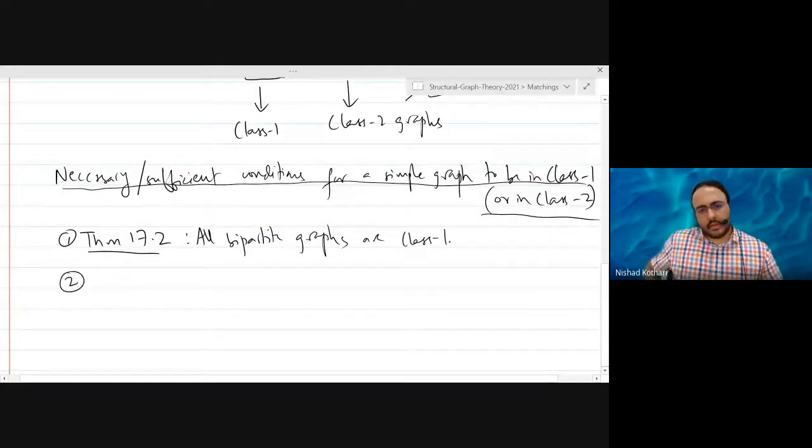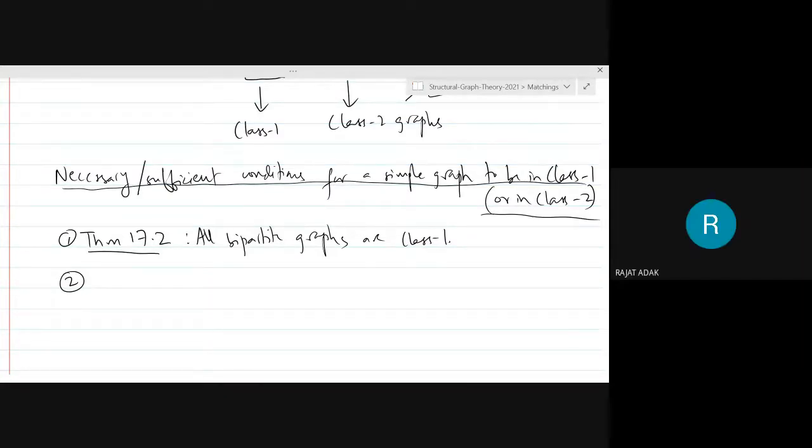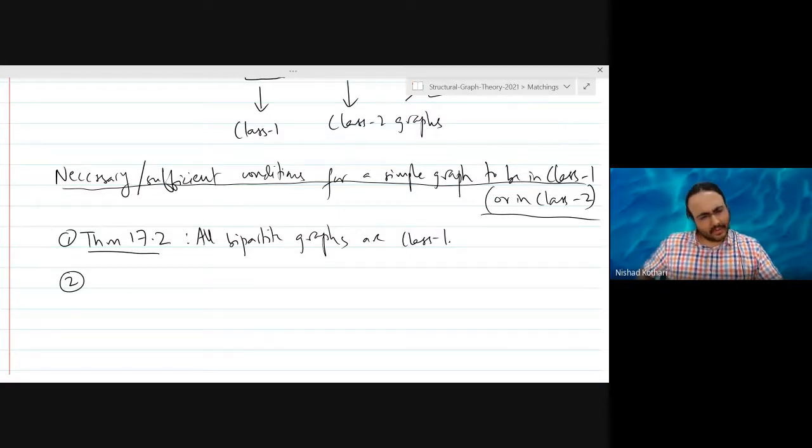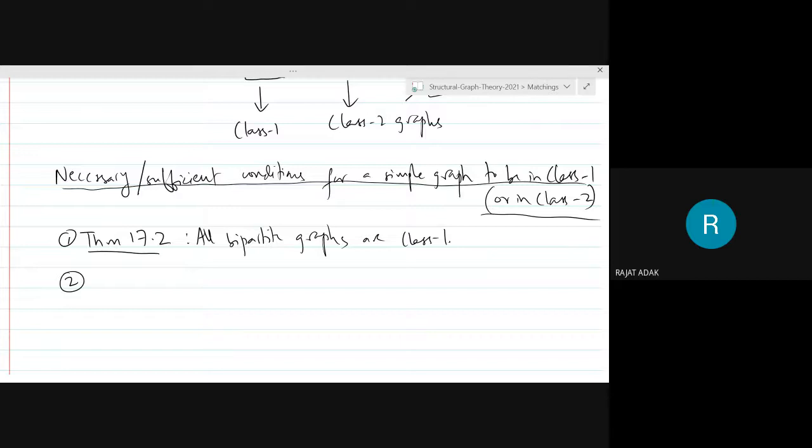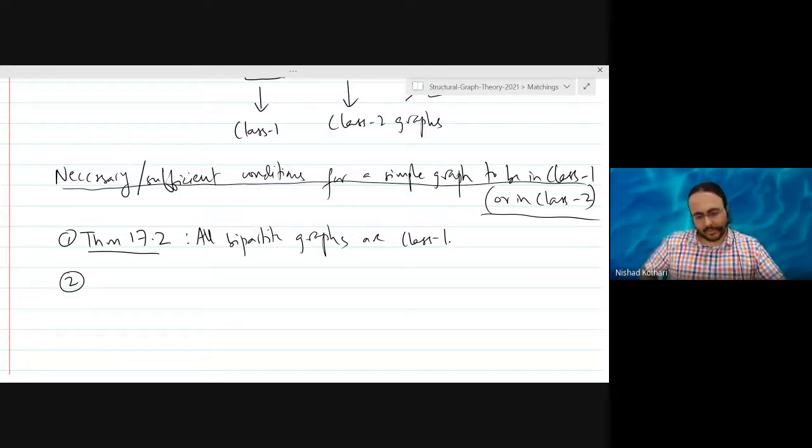There is another case that we have discussed before. Can anybody remember that? Have we seen another class of graphs, a rich class, that is also part of class 1? Even cycles. But that's not really rich, it's just the even cycles. That's already covered in bipartite. I want a richer class of graphs that is not a subset of the bipartite graphs.